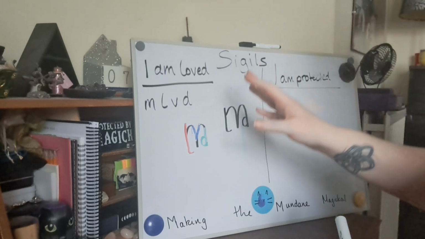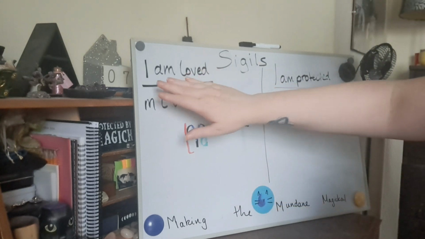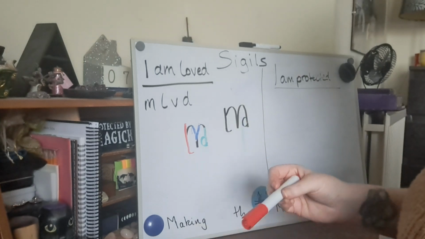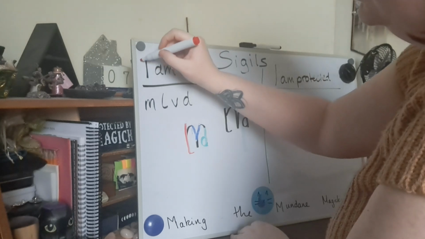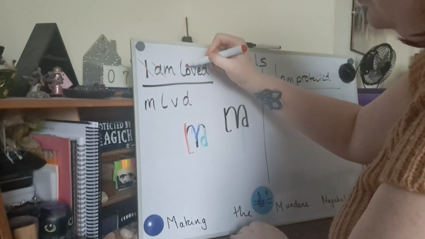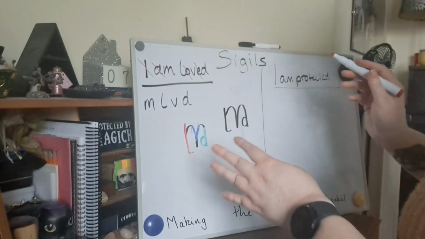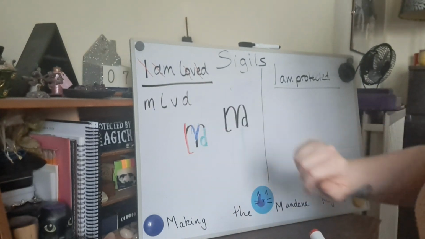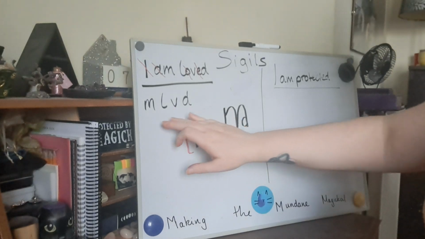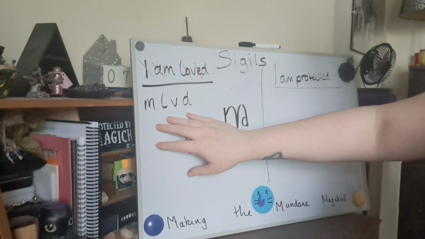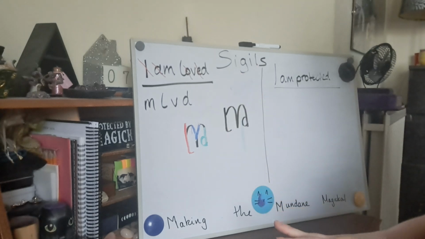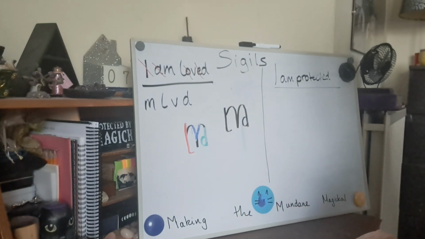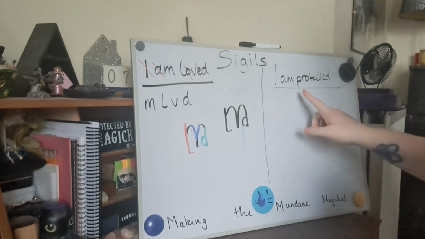So now we've done a nice and easy, simple one. It's literally just, let's get rid of all the vowels. That's all it is. Let's get rid of all the vowels and then work from there. If you've only got a handful of letters like this, you're fine. So that's the sigil for I am loved. That's it. So let's go on to